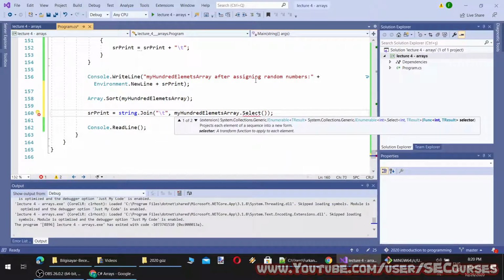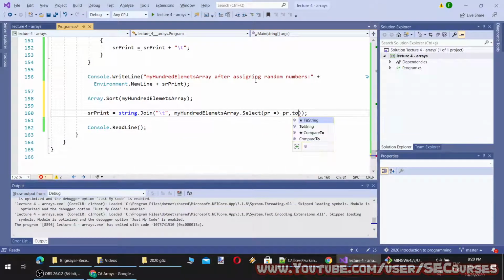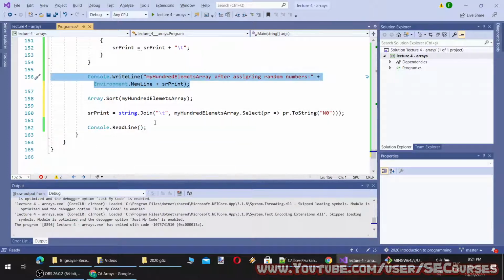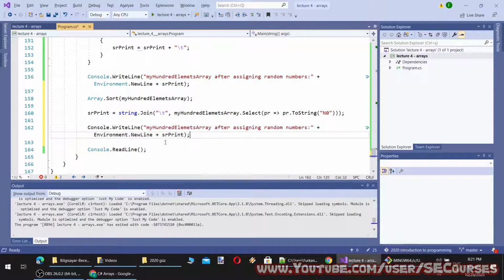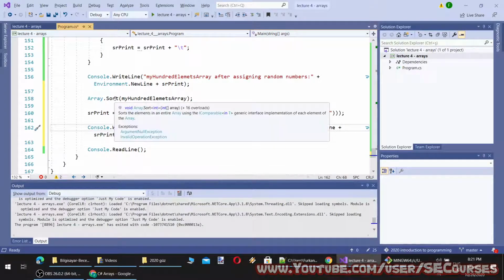So just know that this is called a LINQ query, and ToString and 0, I am going to put it like this. Sorting, and sort is by default ascending. Okay, so this is going to sort the array by ascending.